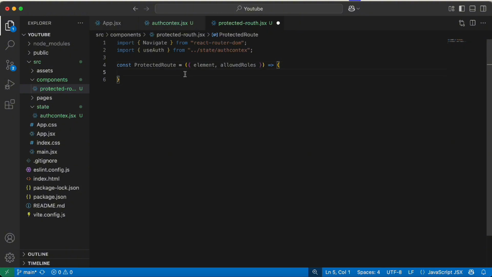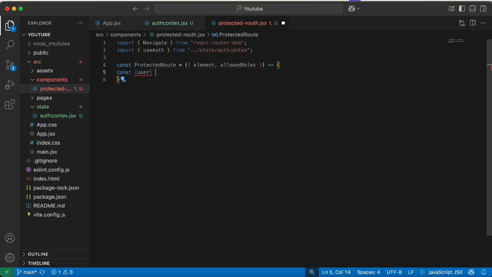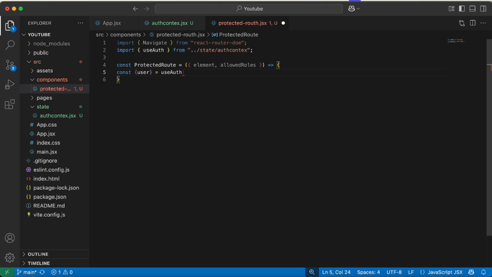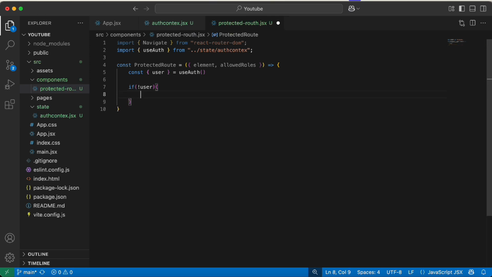So the first thing we're going to do for this component is to initialize our useAuth. So we're going to say const user, which are the values we expected from this. We're going to say const user is equal to useAuth, right? We're going to initialize the useAuth. After that, we're just going to say if not user. So if there is no user passed in, it means there is no user accessing, there is no user saved in our memory. So the person coming in is not authorized to come in. We're just going to return